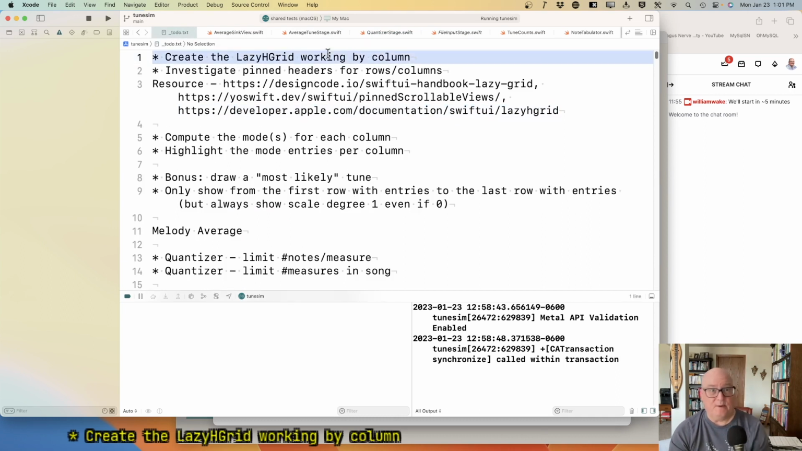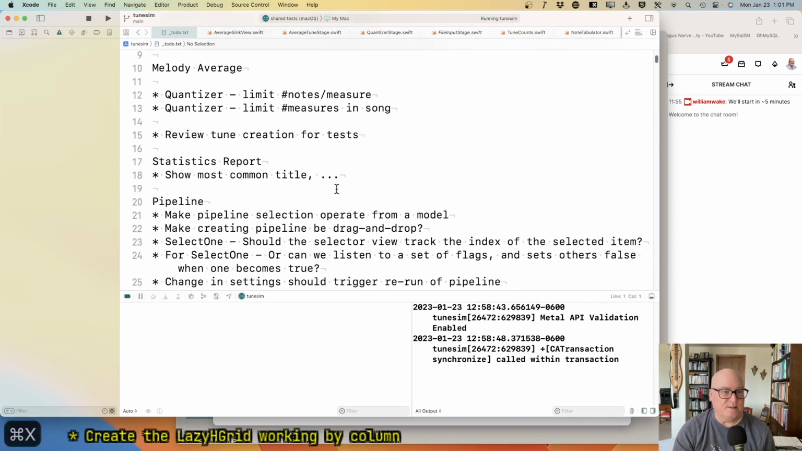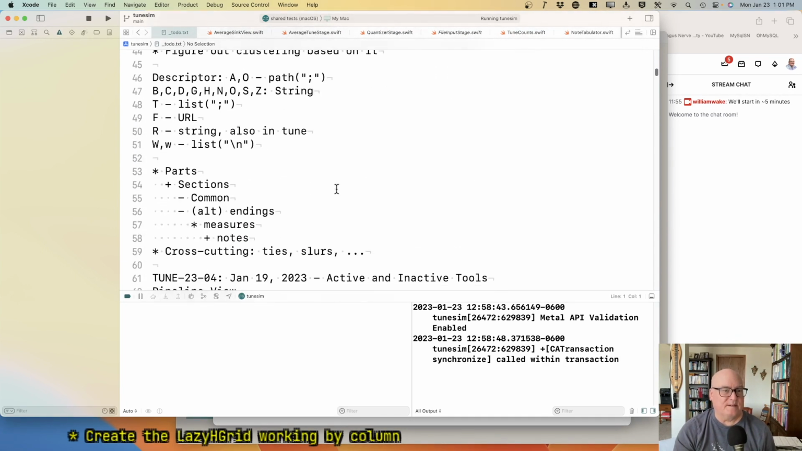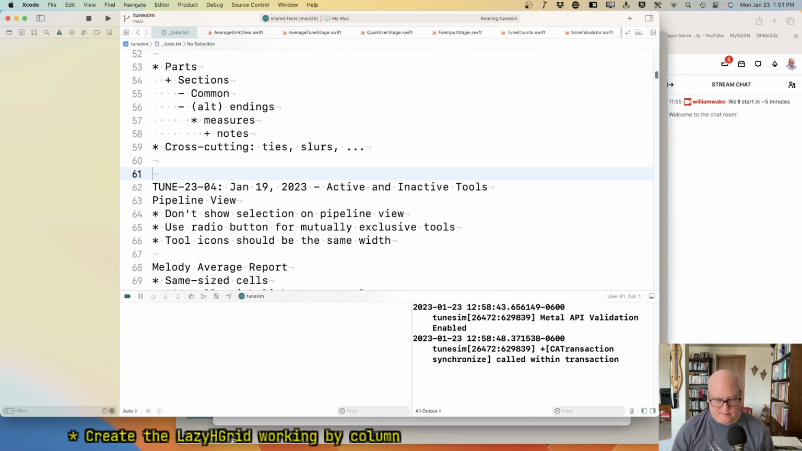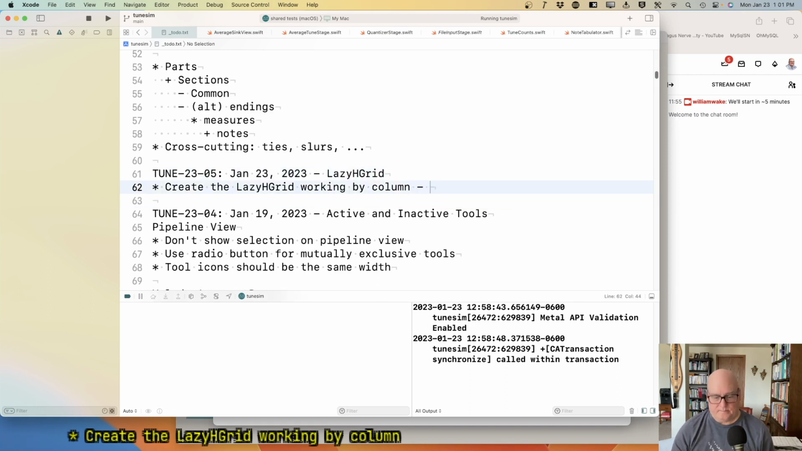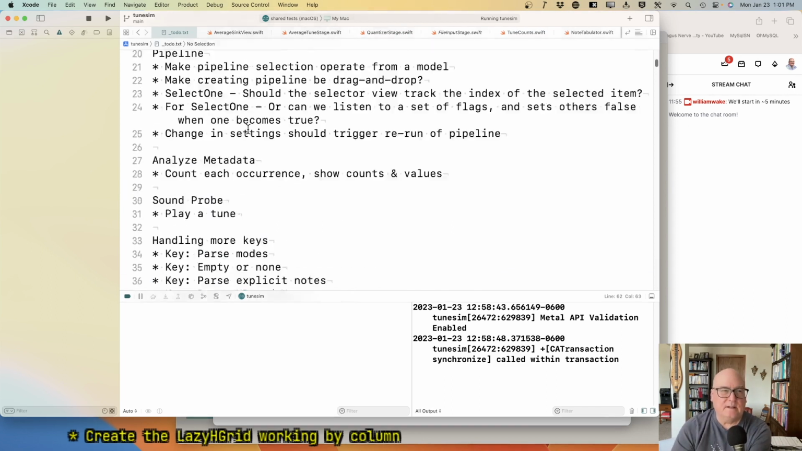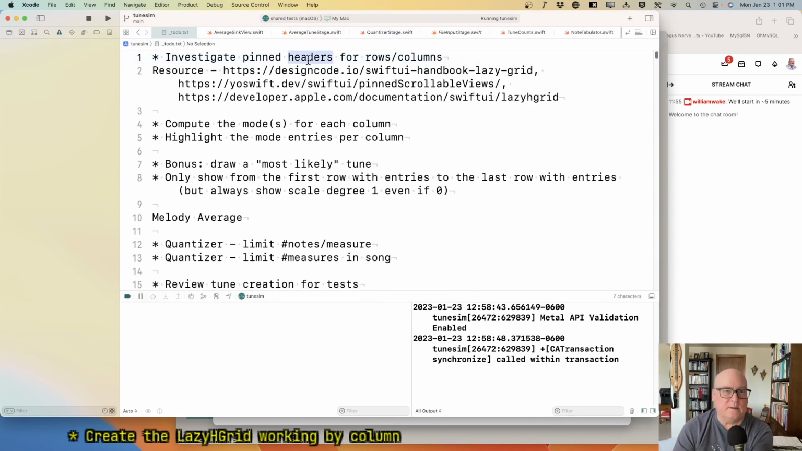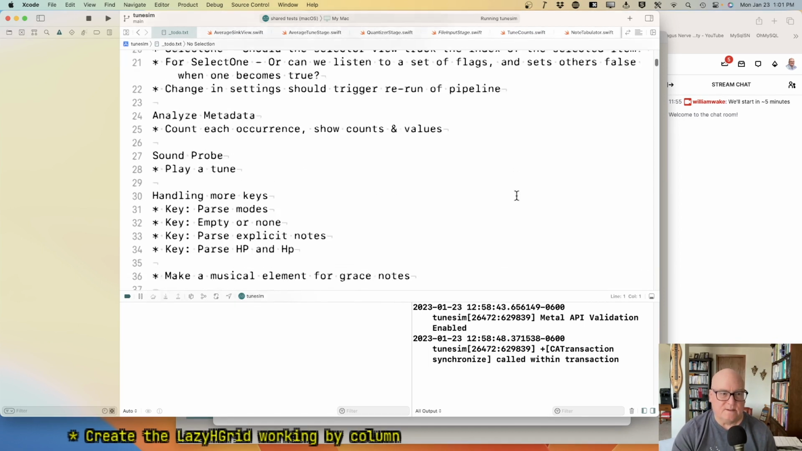Create the LazyGrid. Okay, we're working out of that. I'm getting a little bit too much junk in here. Okay, TUNE-23-05, January 23rd, LazyHGrid. Wasn't satisfactory. Okay, and then well, investigate's not quite. We did it. Okay, so